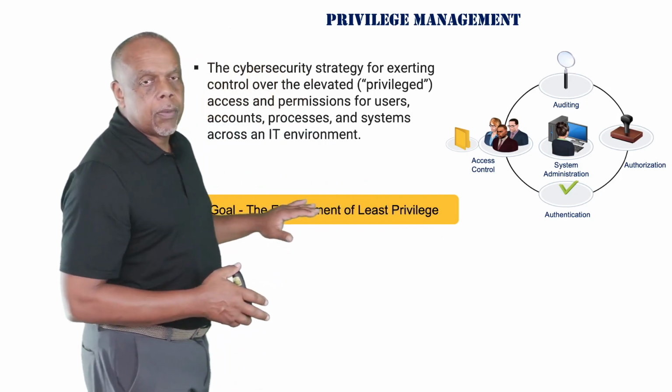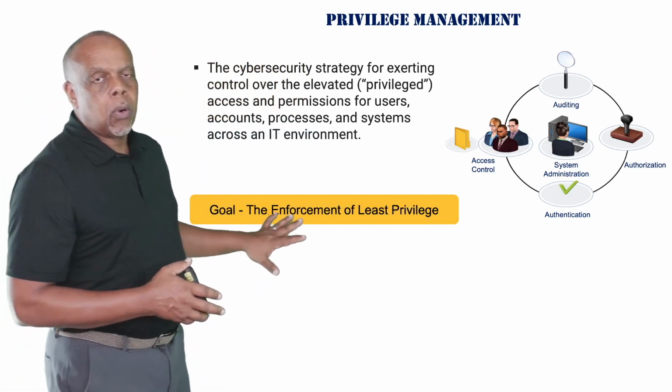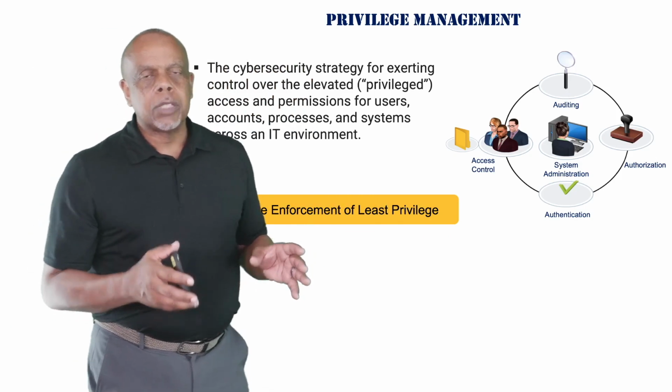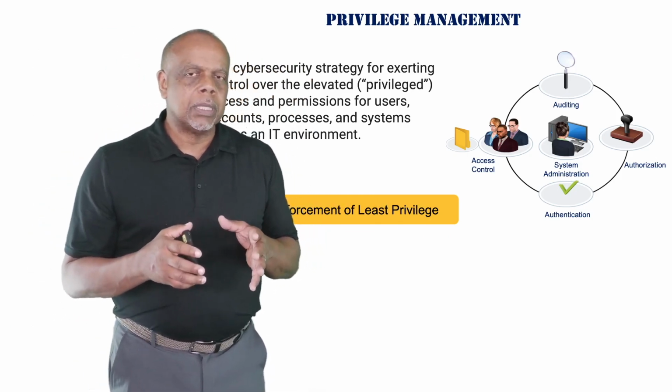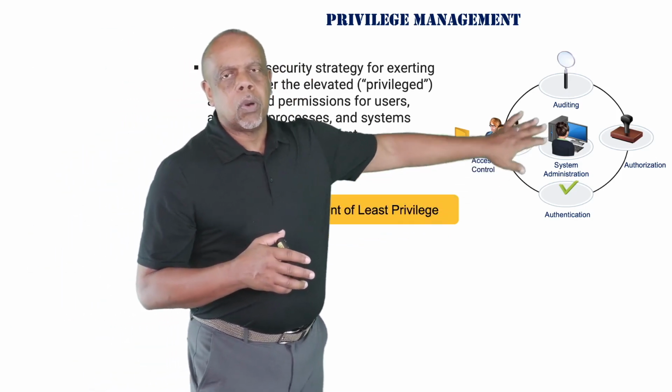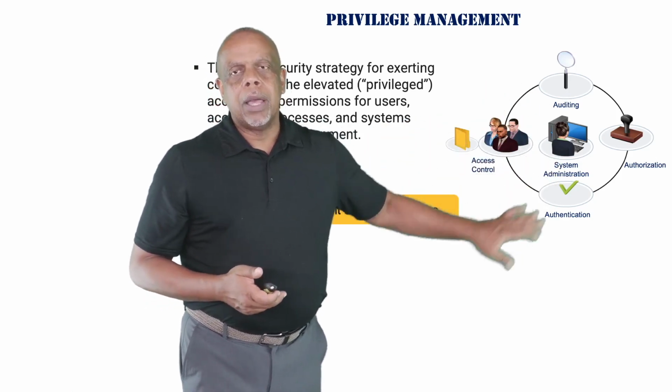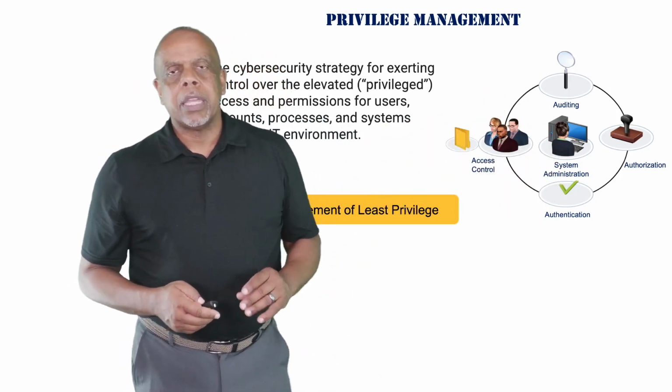So this part right here is as important as the technical pieces. Many times we spend a lot of energy on the technical pieces, but if I don't have the right people approving privileges, we're doing our organization a grave